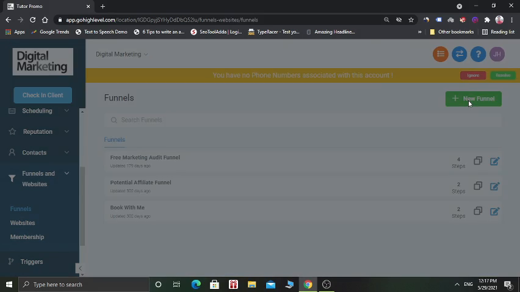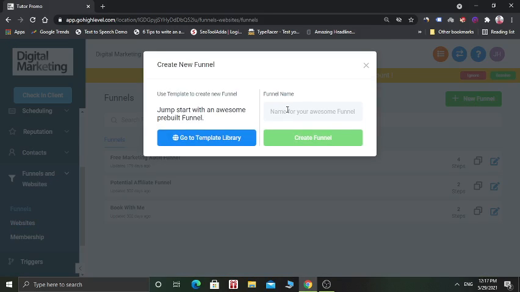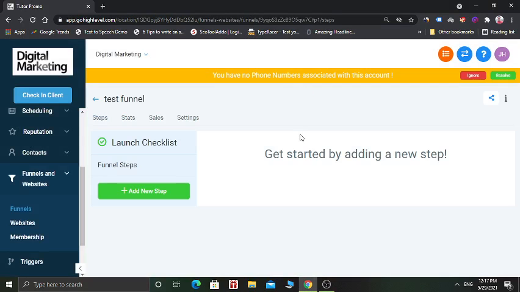So let's click on the funnel button and name this funnel as test funnel and create funnel. Now the basic setup of a funnel is created. Now you have to add the steps in the funnel.